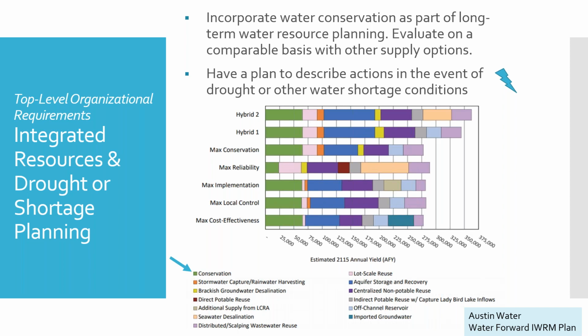For this version of the standard, we also called out the need that the utility have a drought or water shortage plan. We know that water conservation programs are often called upon to step up their efforts during a drought, like right now in most of the West, but we wanted to make sure that those plans did exist at the utility level. So there is a requirement that they have a drought or water shortage plan in place. Next slide.